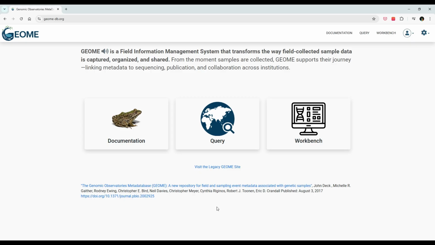Today, I'll show you how to create an account, walk you through the interface, and cover key features like creating a project and downloading a template for your data. Let's jump in. So, we'll start off on the home page, and the first thing we'll want to do is